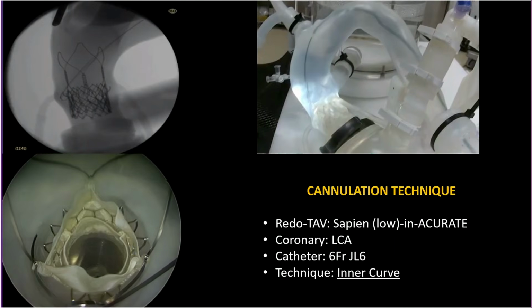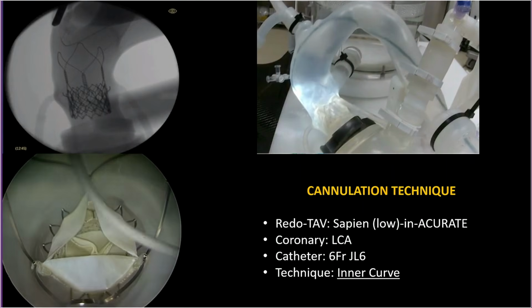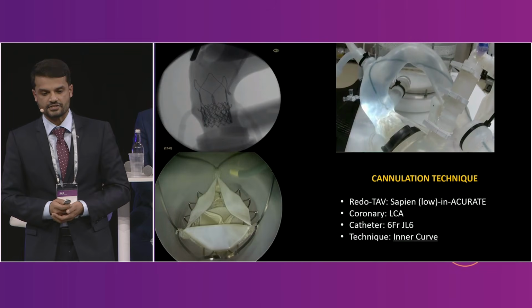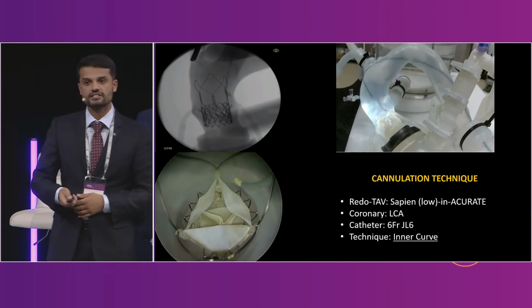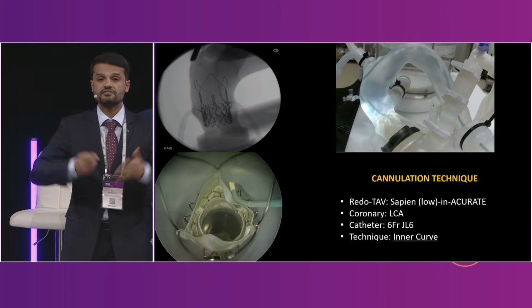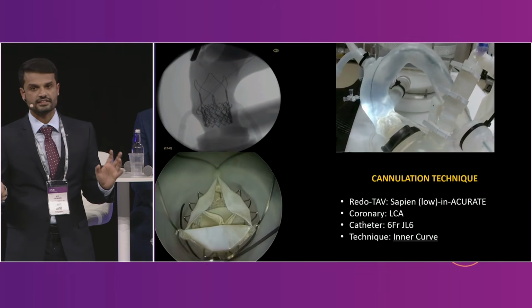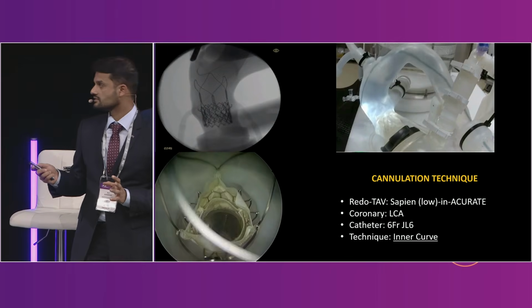So this is a final example of a very challenging situation. Redo TAVI, and once again, same concept. Oversized Judkins left 6. Coming down and entering. And exactly like Ollie's question, like many of you might be asking, I've never used a JL6. In fact, show of hands, who's ever used a JL6 catheter in the cath lab? Next question will really be, who actually has a JL6 catheter in the cath lab? I can tell you that I even wouldn't know where to find one in my own cath lab. But the question is why?